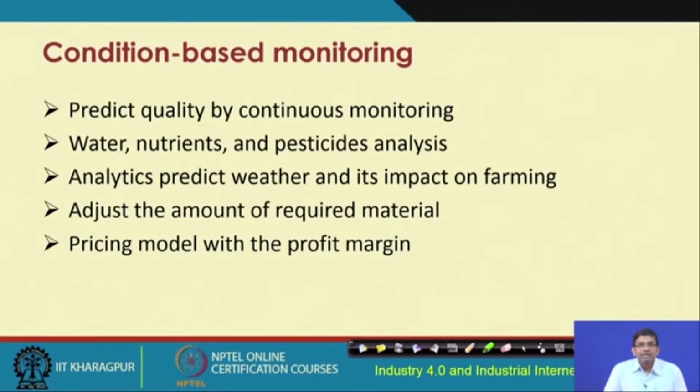So, condition based monitoring is going to be possible. It is going to be possible to predict the quality by continuous monitoring, water, nutrients, pesticides, their analysis, and analysis in real time is going to happen through the integration of IoT solutions. Analytics predicting weather and their impact on farming and adjusting the amount of required material, pricing models with profit margin, these are the different attributes of condition based monitoring which are going to be implemented through the integration of IoT